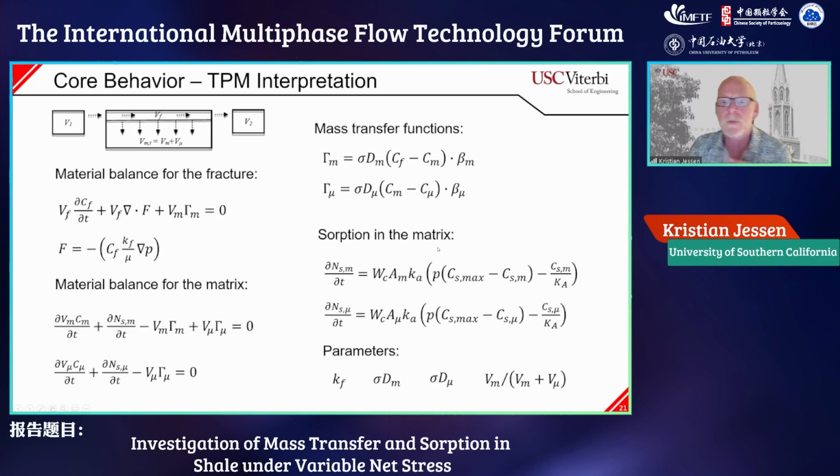Okay. Now, when we talk about the sorbing species such as argon and methane, we describe the absorption terms in the mesopores and micropores through, let's say, Langmuir's kinetic model, where we have weight of the core, specific surface area associated with the mesopores, absorption rate constant, and then there's a driving force for absorption and a driving force for desorption. Same for the micropores. We assume that the absorption kinetic constants are the same for both micro and mesopores, which is debatable, but we can talk about that later. So that leaves us overall